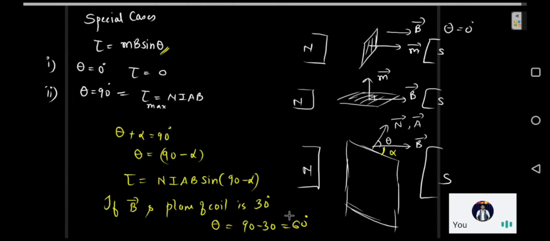I hope everybody knows how to take the area vector. Everybody knows how to take the area vector, right? Basically it depends upon how you look at the loop. Suppose you are traversing the circuit in the clockwise direction, the area vector will be downwards. If the current is going in the anti-clockwise direction, that means you are looking from the top, let's say, then the area vector will be taken perpendicular upwards.